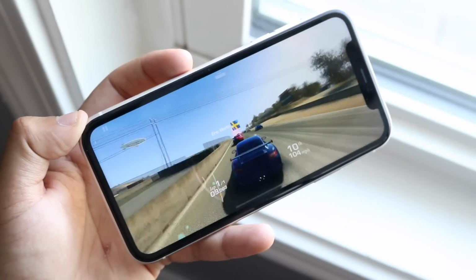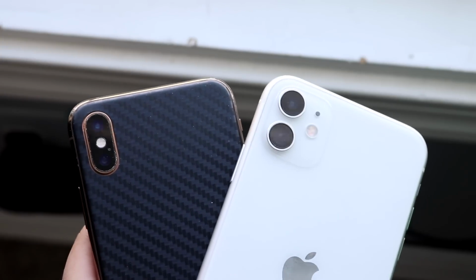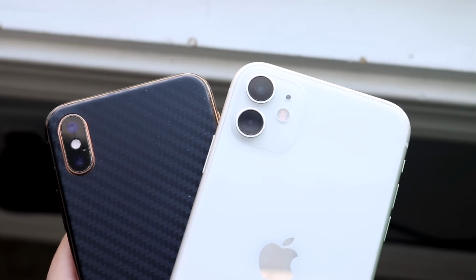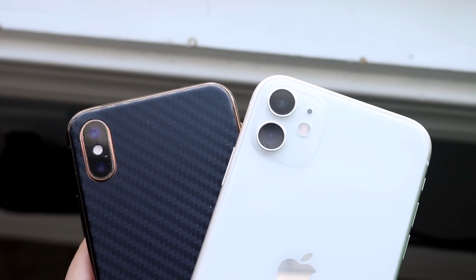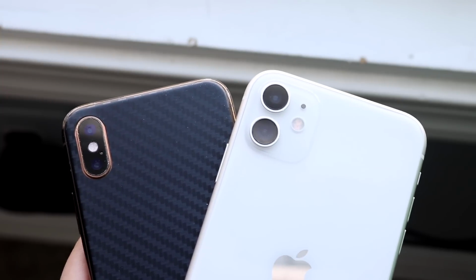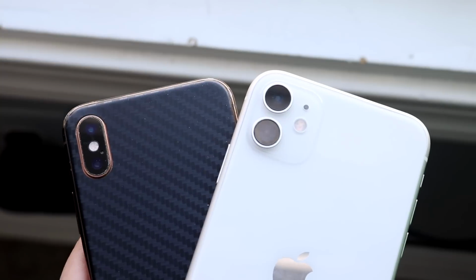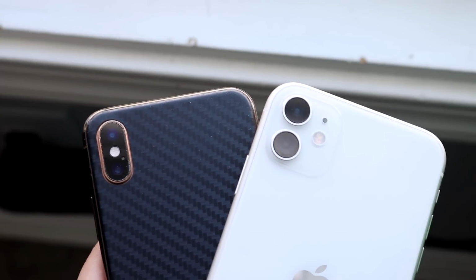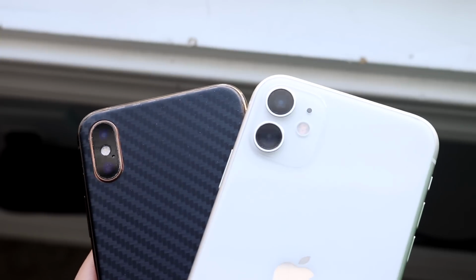Now hitting on the camera, both phones have dual camera setups on them. The iPhone XS has a 12 megapixel wide angle lens and then a 12 megapixel telephoto lens. The iPhone 11 has a 12 megapixel wide angle lens and then a 12 megapixel ultra wide sensor. So a little bit of difference right there. On the front, the iPhone XS has a 7 megapixel sensor. The iPhone 11 has a 12 megapixel sensor, and this is one of the bigger differences because on the iPhone